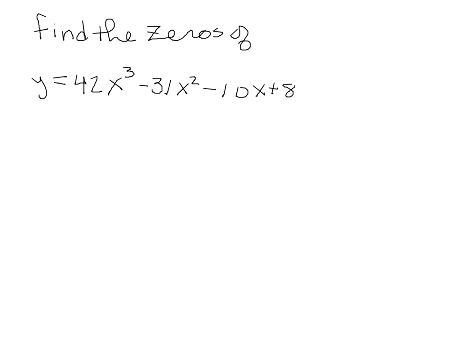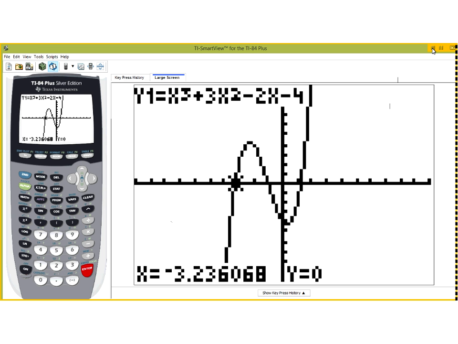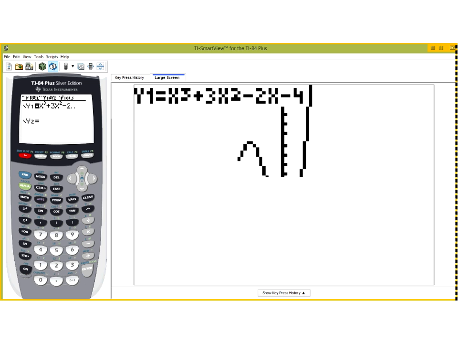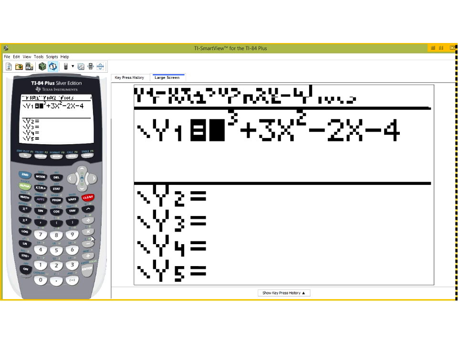Okay, now we want to find the zeros of this third degree polynomial. And this is all we're given. We see that it's a third degree, so we'll have at most 3 unique zeros, and we could have fewer if we have repeats. Okay, so we begin again